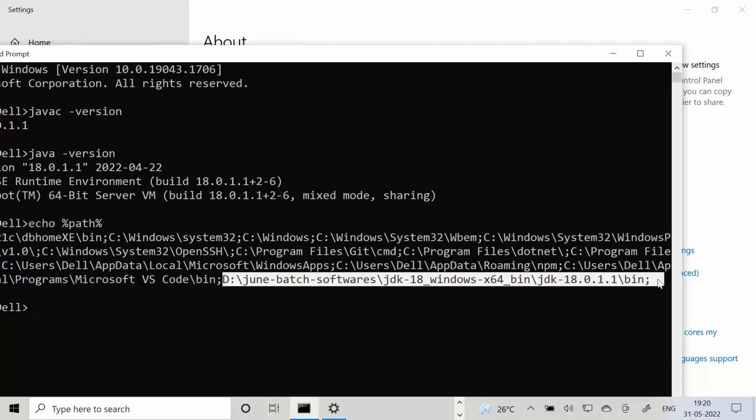Sometimes you may require to configure for all the users of the system. The third approach is setting a path, setting a configuration for every user of the current system.